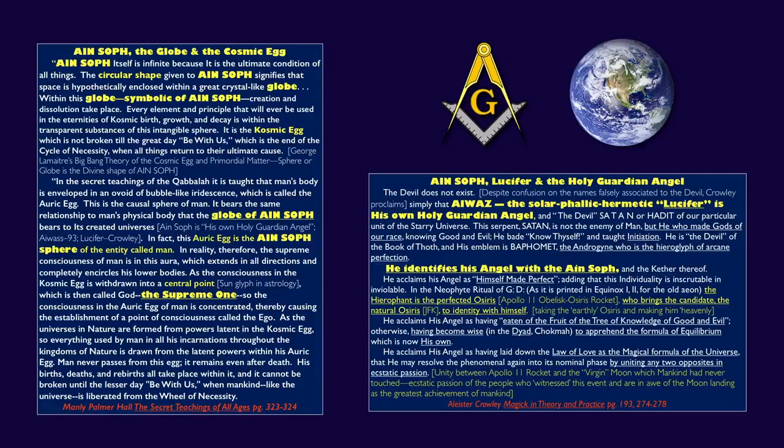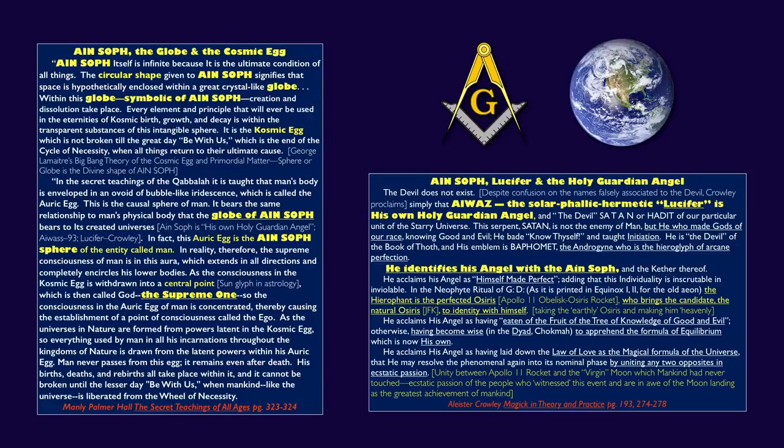So this duality teaches the formula of unifying the opposites, and that's pretty much what alchemy is, and that's why he talks about it. It represents Baphomet. And I think it's very interesting that he identifies his holy guardian angel with Ein Sof, so essentially a spherical identification, if we just go by what we just read with Manly Palmer Hall. And he talks about how the perfected Osiris is the Hierophant, so that's like the Apollo 11 viewing the spherical earth, right? If the Ein Sof is spherical and you get to see it, you get to be one with it. That is what the illumination was of the Apollo 11 mission, right?